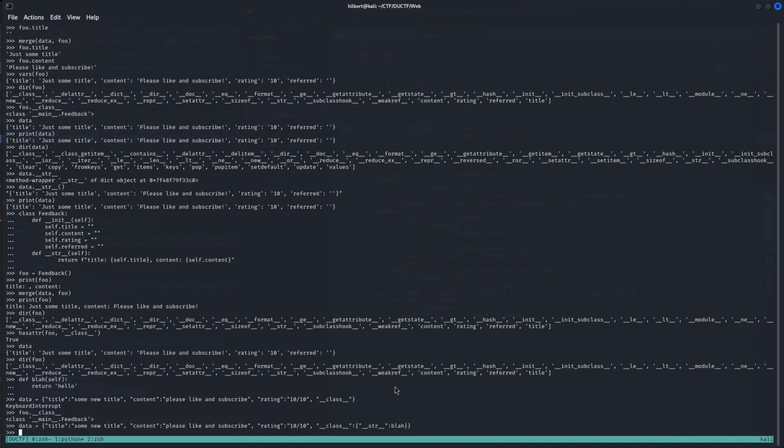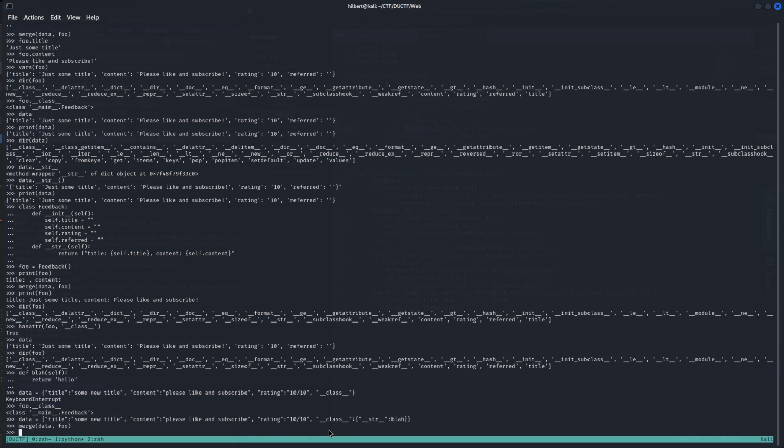So now when it's merged, it's going to do its little recursive merging. It's going to say, hey, does foo have a class? Yep. And then it's going to get called again, and it's going to ask, does class have a string method? Yep. Blah, and on down the line we could keep doing that. Now if we merge them, let's merge data and foo. If we look at foo,